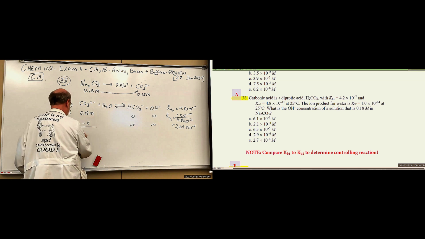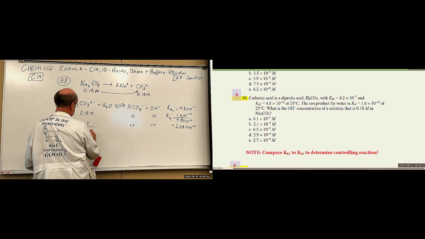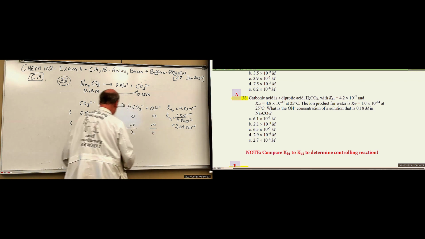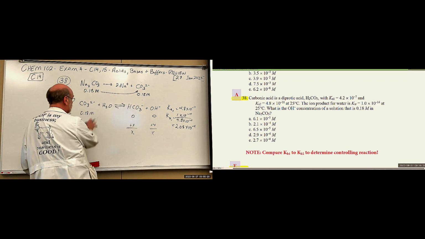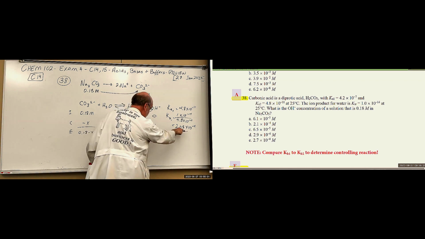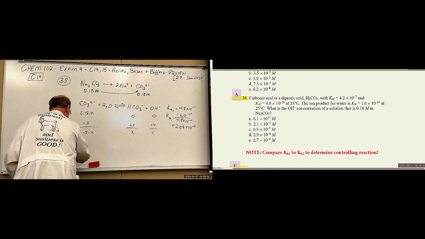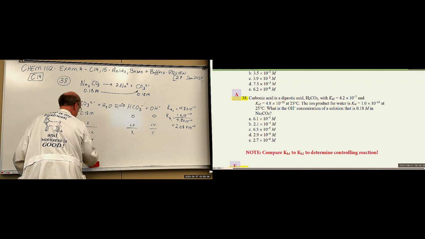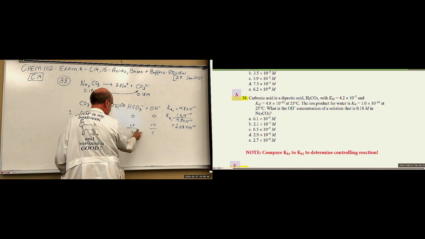Okay. So now we're going to have 0.18 minus x, and this is Kb, right? So we have the Kb value here. This is 2.08 times 10 to the minus 4 equals x times x